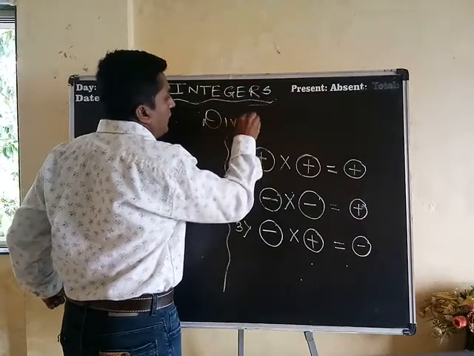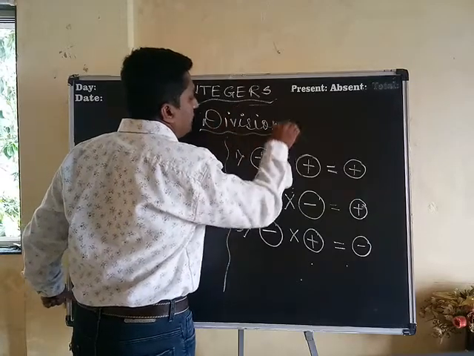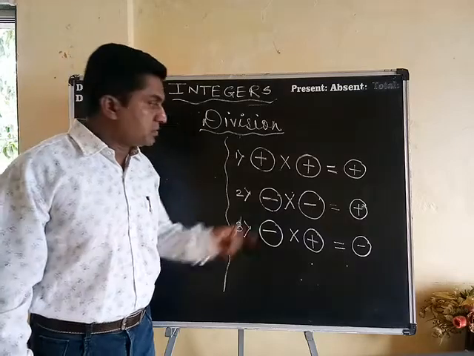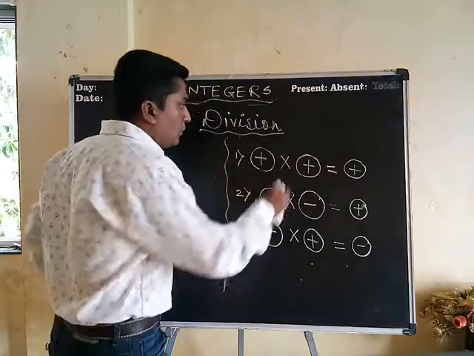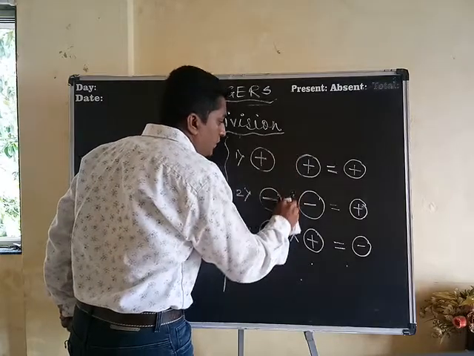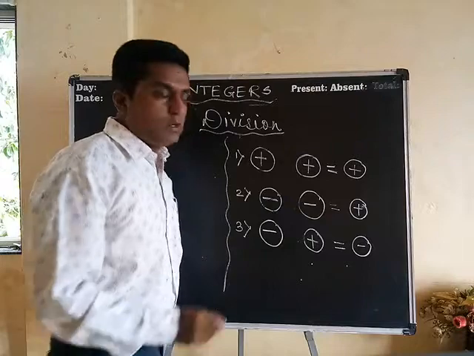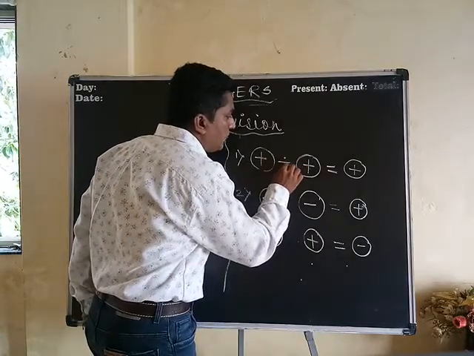What we are going to write down is nothing but division, right everybody? But I am not going to erase all these rules. Only one thing I am going to erase, and what is that? Here this multiplication was there, let me erase it. I have erased it. And the very simple thing which I am going to do is, instead of multiplication, this time we have division.